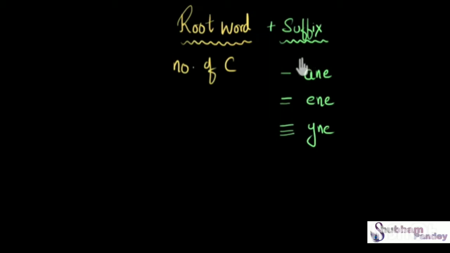For example, if I'm thinking of a hydrocarbon which has two carbon atoms, and one double bond between them. With just these two pieces of information, you will be able to guess which hydrocarbon I am thinking of. You will write two carbons and then a double bond in between them. Rest all valencies will be satisfied by hydrogen. That's why this is a hydrocarbon. So yes, this is the hydrocarbon that I was thinking of. So yes, these are the two pieces of information needed to name a hydrocarbon. Now let's look at each one of them in detail.